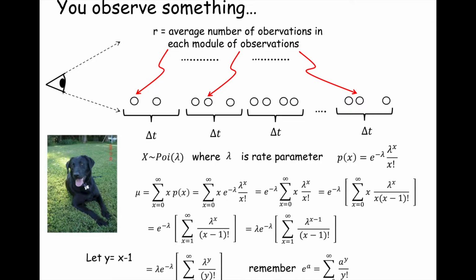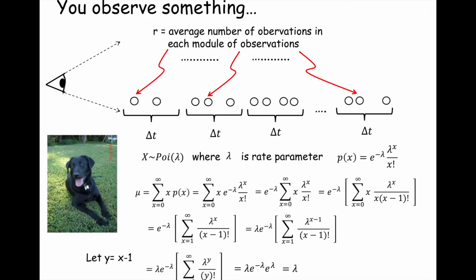Okay. So when I see this expression, knowing that this is the Maclaurin series for e to the lambda, I'm just going to replace that sum, this portion, with e to the lambda. And so now I have an expression that's lambda times e to the minus lambda. I've substituted e to the lambda. And now my e to the lambda cancels with that e to the minus lambda, goes to 1. Okay? And I'm left with lambda, which is exactly what I was trying to prove.